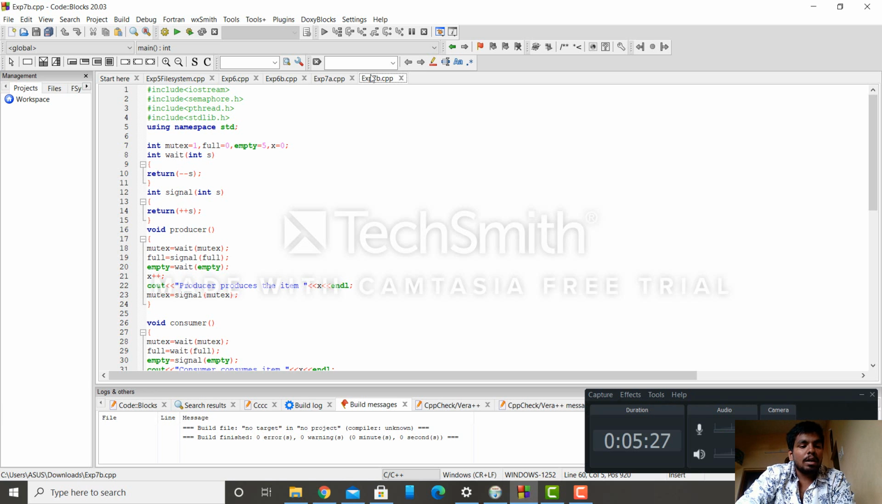Same starting: int mutex = 1, full = 0, empty = 5, x = 0; int wait(int s) { return --s; } int signal(int s) { return ++s; } void producer: mutex = wait(mutex), full = signal(full), empty = wait(empty), x++, cout producer produces the item x endl, mutex = signal(mutex);